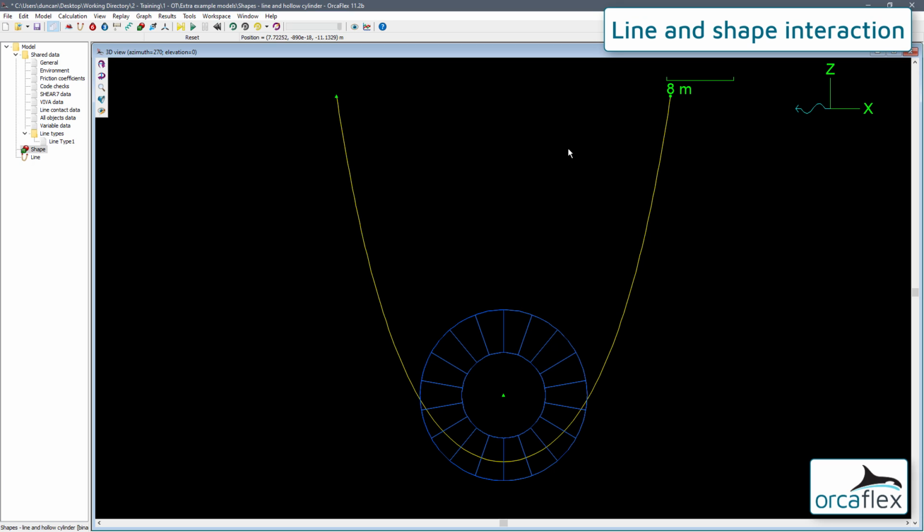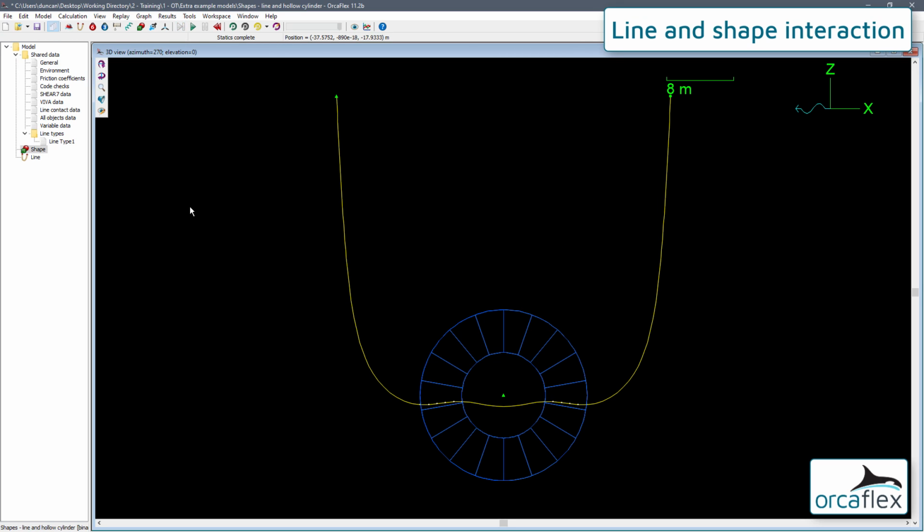Here we have a cylinder which has a non-zero inner diameter, meaning there is an inner surface. When statics is run, some of the nodes are pushed to this inner surface, leading to a mathematically correct but clearly unrealistic solution. The easy solution here should be to remove the inner surface by setting the inner diameter to 0, as it isn't needed in this case.